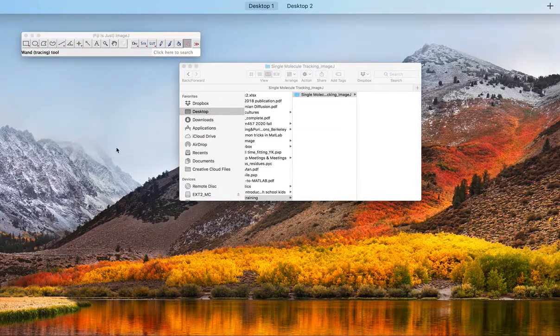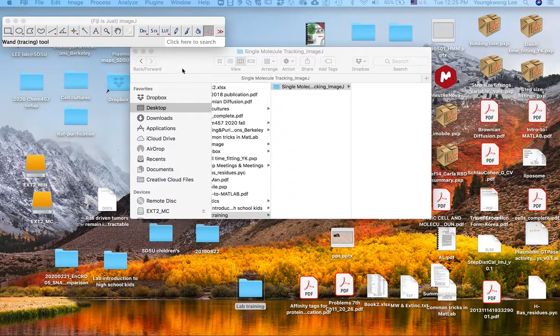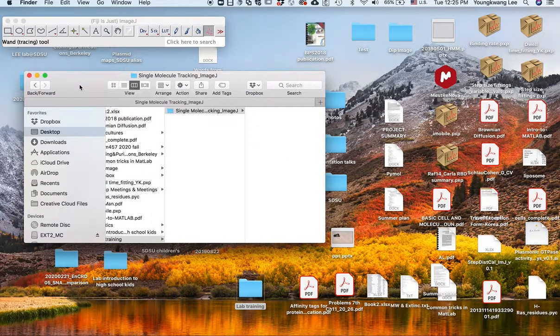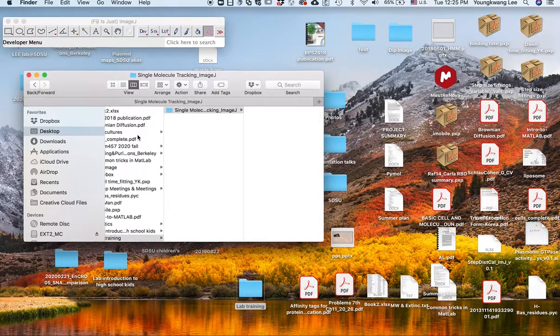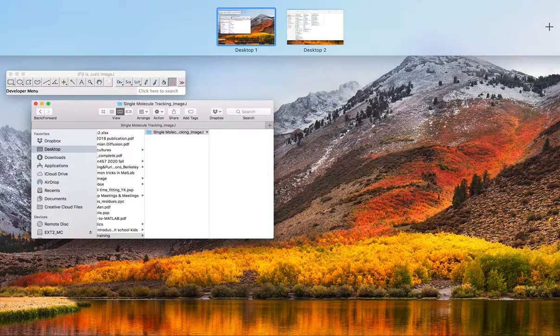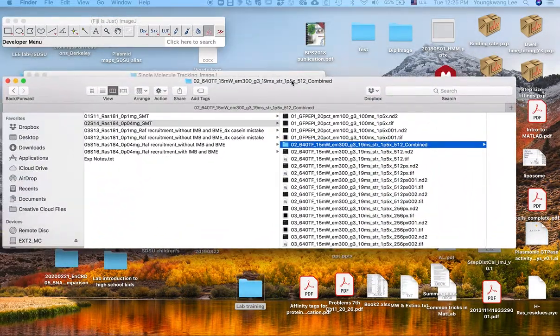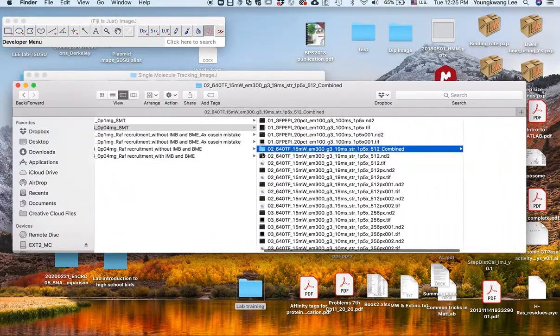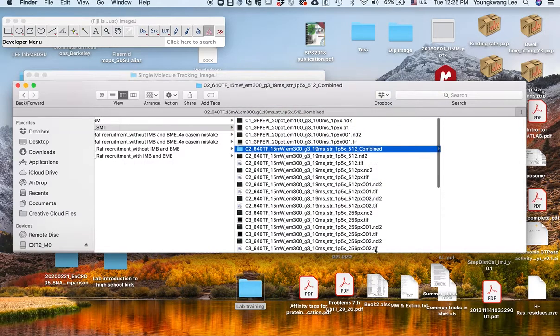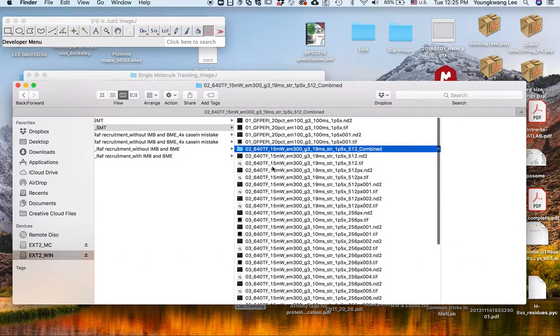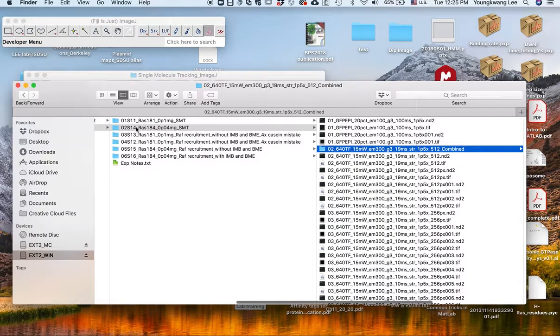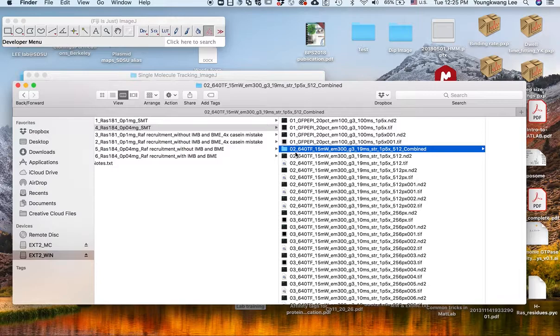So in this video, I'm going to show how to analyze single molecule tracking data in ImageJ using TrackMate. I have the movies that I recorded on the microscope. Here is the HRAS 184 single molecule tracking data, and the files that started with